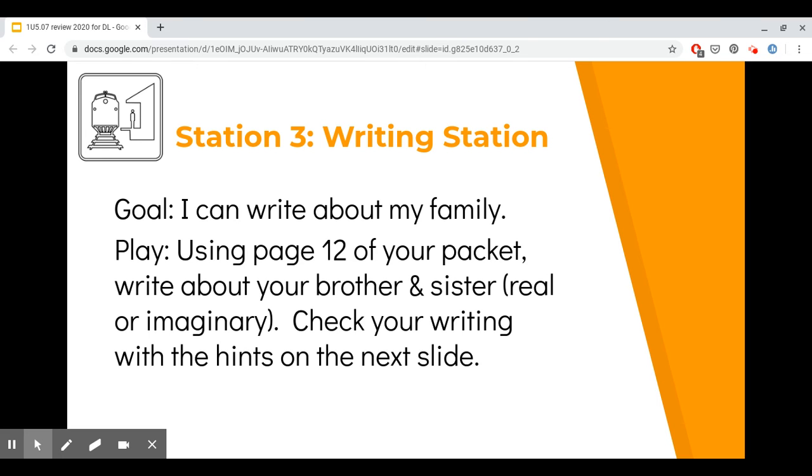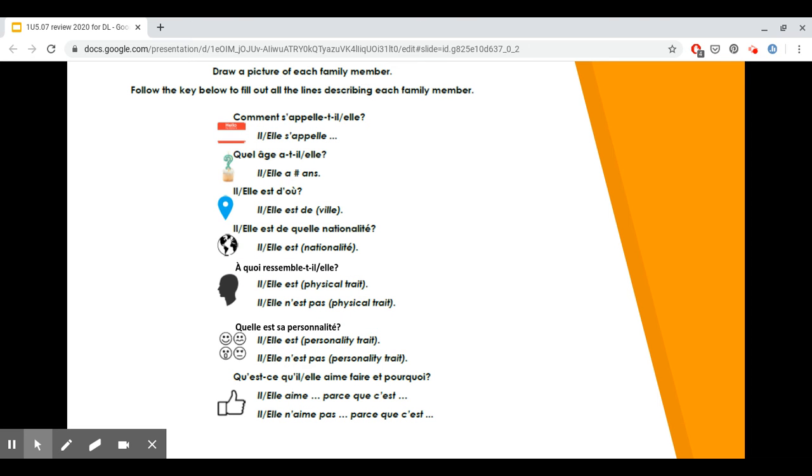And then you can check your writing with the hints that are on the next slide. And these are hints that will just get you a 3. If you want a 4, you need to push yourself with more descriptions.